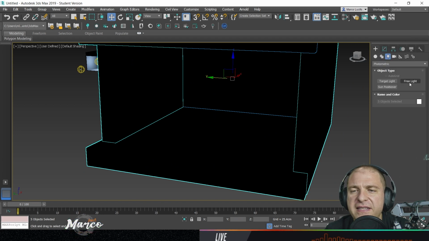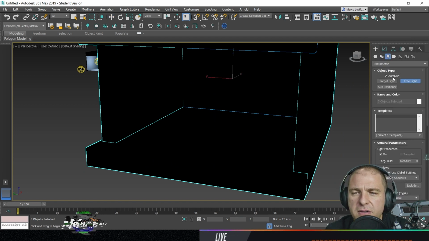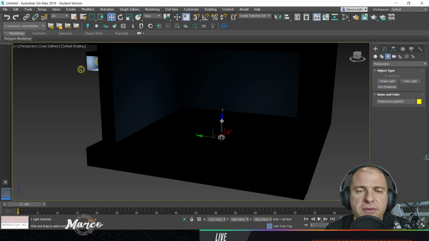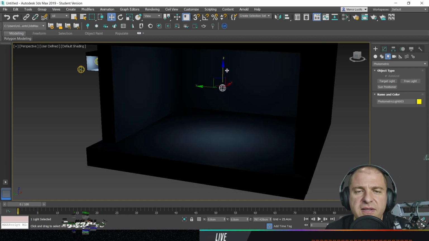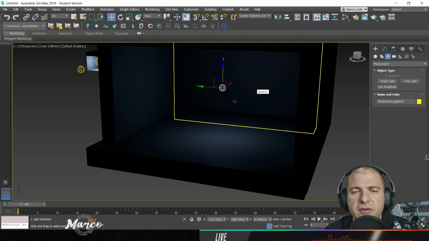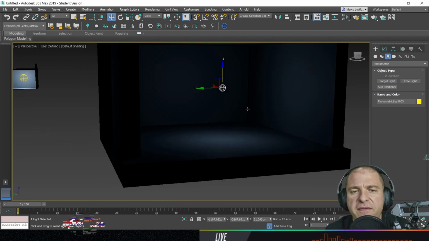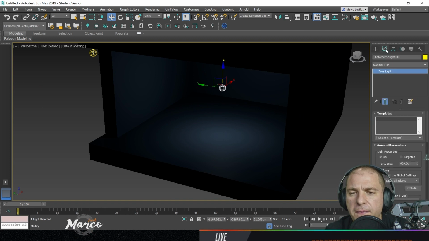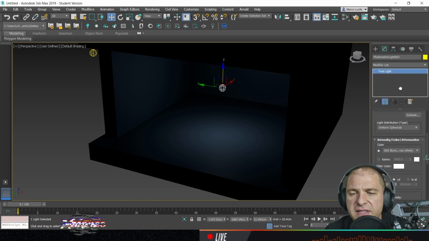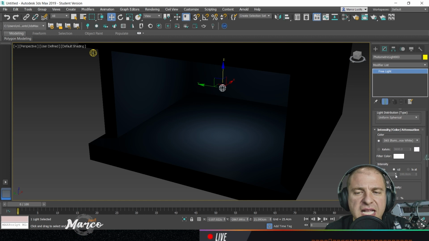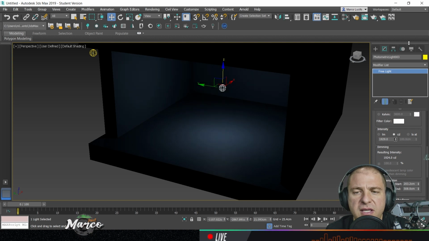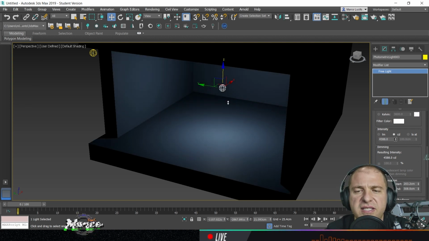But if I place a light in here, no matter where I place it, this light will start behaving like its intensity will never be enough. So if I start changing the intensity of the light, I can see that in order to get a decent